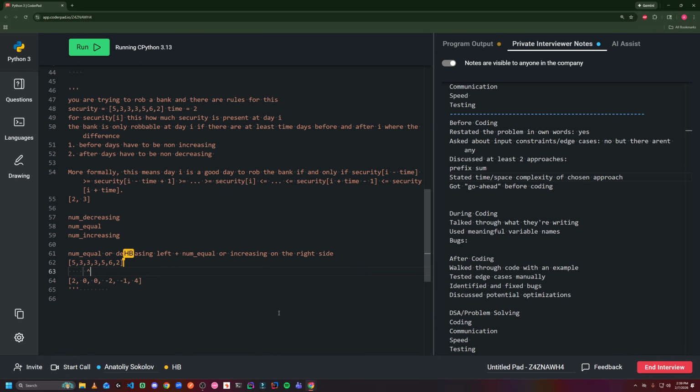I see. So let's create the array for the number of values equal or decreasing to the left. For that, at the very start, there would be 0 numbers to the left that are equal or decreasing. Over here, you have 1. That's okay. Here you have another one that's okay. And then here you have another one that's okay. And so on. And then on the opposite side,